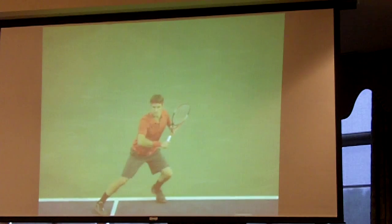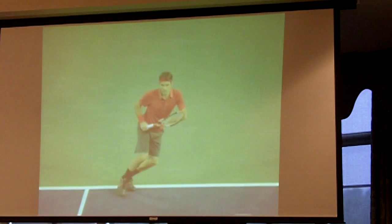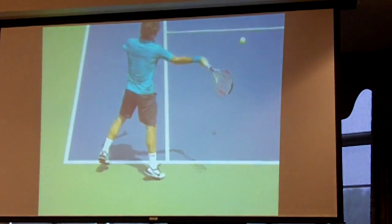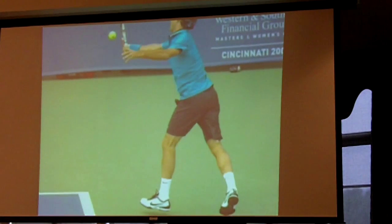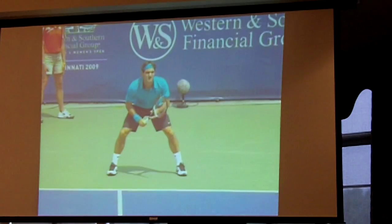And let's start with the grips, all right? I got a couple of questions before the talk about this. We're going to talk about that recovery step in the deuce court too. But let's look at the grips. Okay, there's one really good shot of it, right? If you look at his grip, that is what I would call a modern Eastern forehand grip, okay? Here's another look at it. Okay. Now, what is that grip